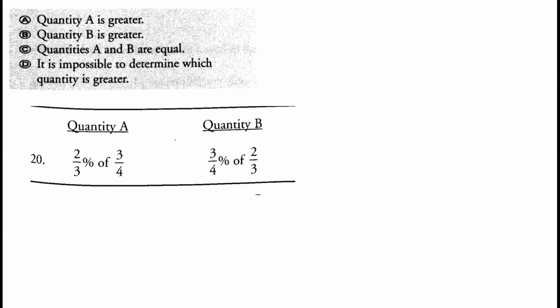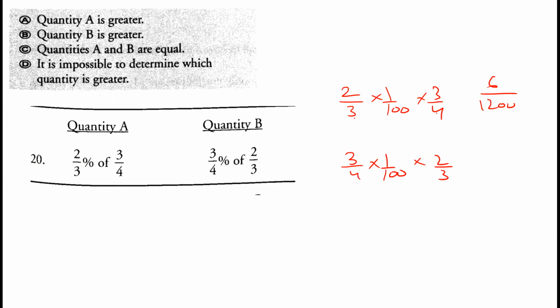2/3 of 3/4. So 2 upon 3 into 1 over 100 into 3 by 4 is 3/4 into 1 over 100 into 2 by 3. So this would be 6 divided by 1200. 3 multiplied by 100 into 4 is 1200. This would be equal to 6. 3 2s are 6. 400 multiplied by 3 is also 1200. So